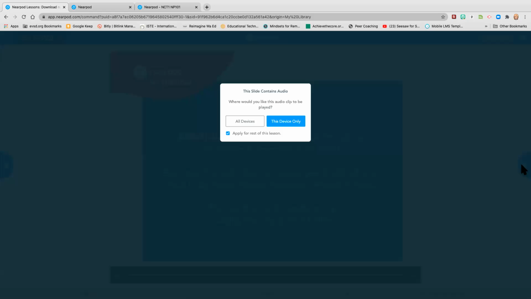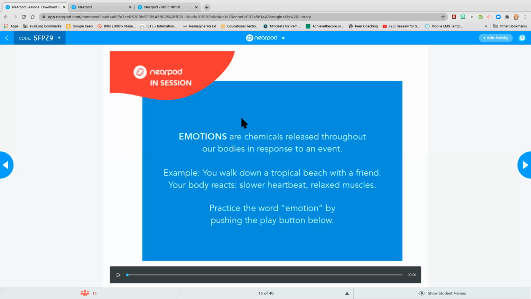Okay, so this is another new addition to Nearpod, and this is how you can add audio to slides. So I'm going to go ahead and do all devices right here. And basically this is just a single slide, and it has information on it. But down here, you'll see this play thing. I click here and